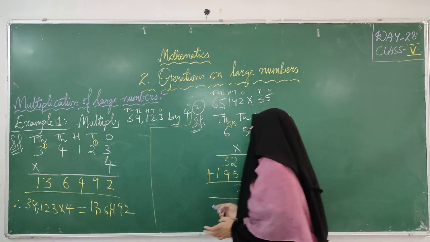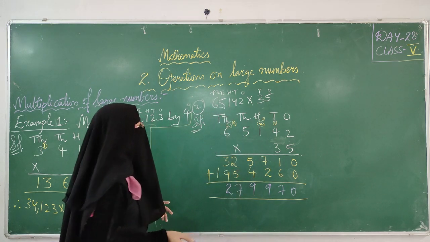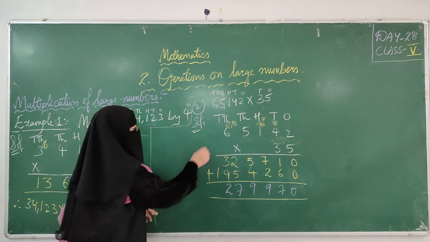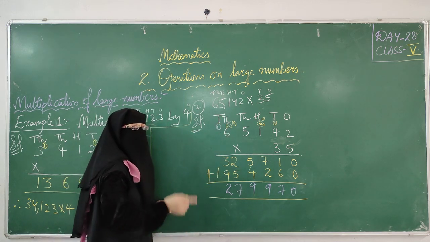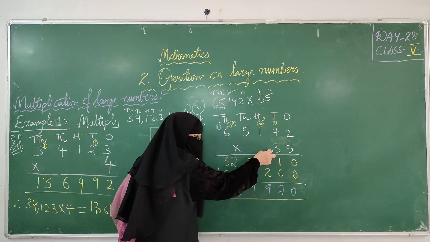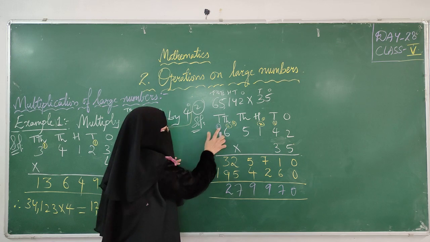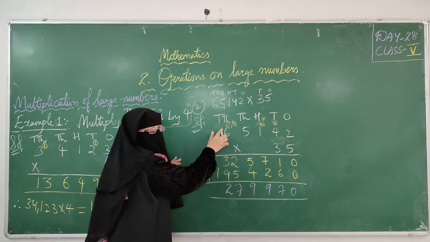12, right? So here, we are getting 12. What some students will do, ma'am said to put carry here. That's why we are sending carry here. It is wrong, children. Because whenever you are multiplying these numbers with this, at that time I said you to put carries here. Whenever you are doing addition, don't send carry here.